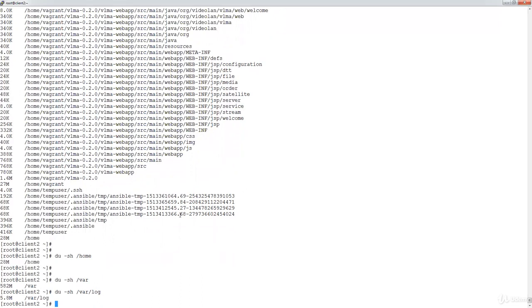If I get a major file here in log, then there is a concern. I have to go ahead and take care of it, either zip it or delete it or put it somewhere, right? Because the logs are continuously written, maybe we have an application and that application generates a huge log, and maybe there is some issue, and for 10 minutes it generated 1 GB of log. Let's assume a situation where the application generates for 10 hours, then at 1 GB per hour, 10 GB of log can be written, and your disk is going to be consumed, right?